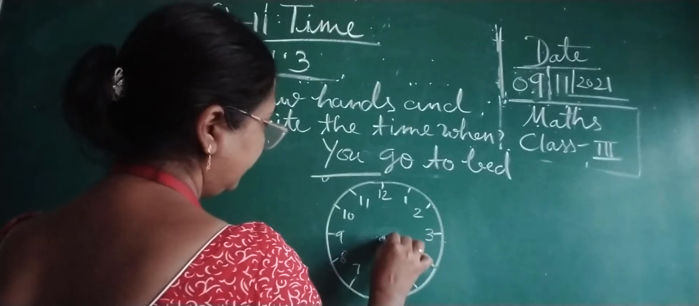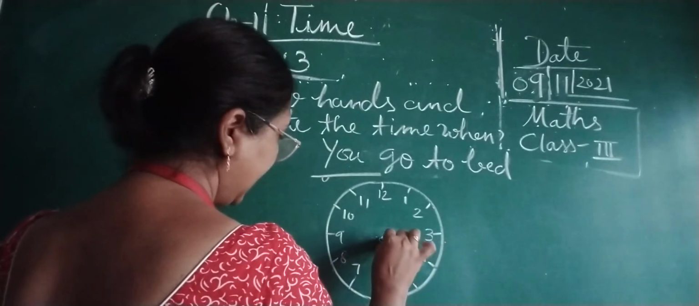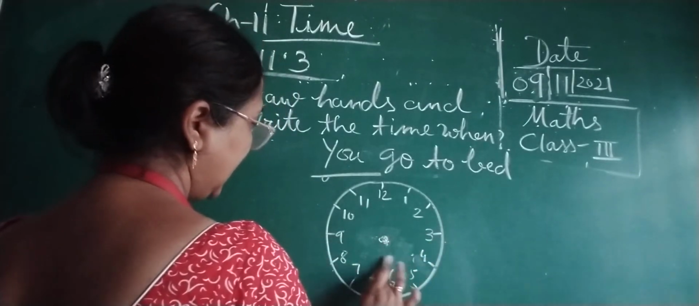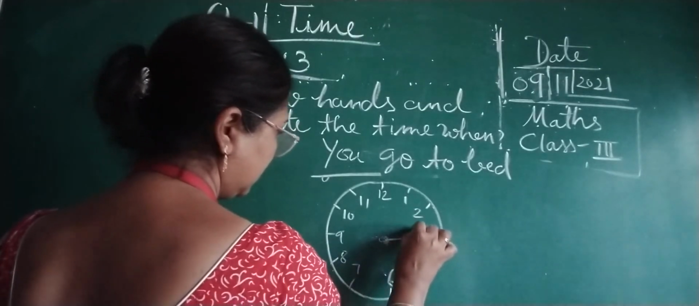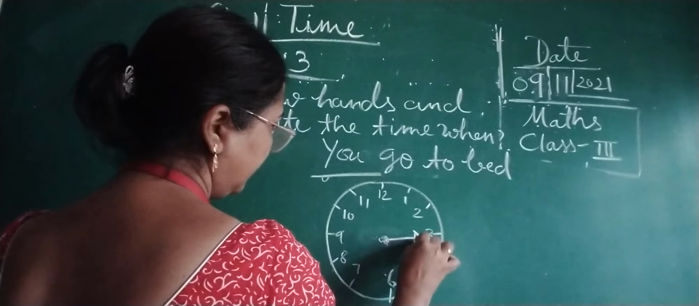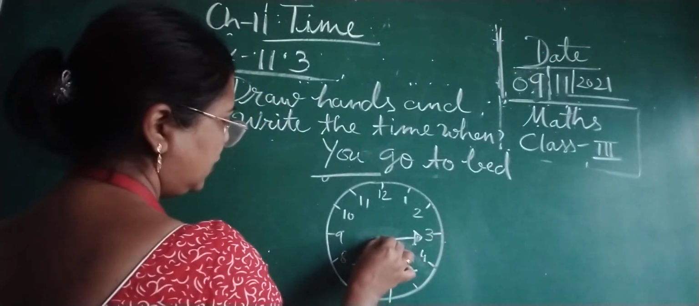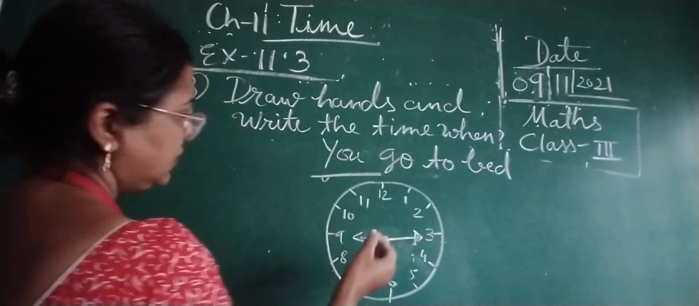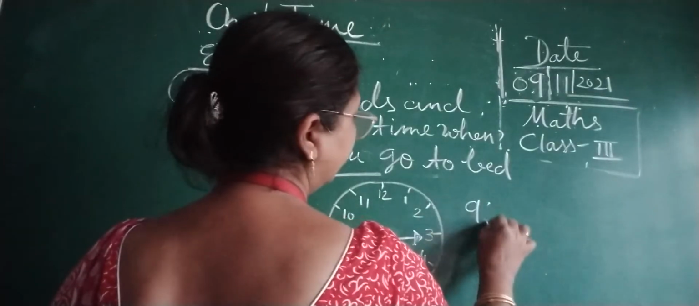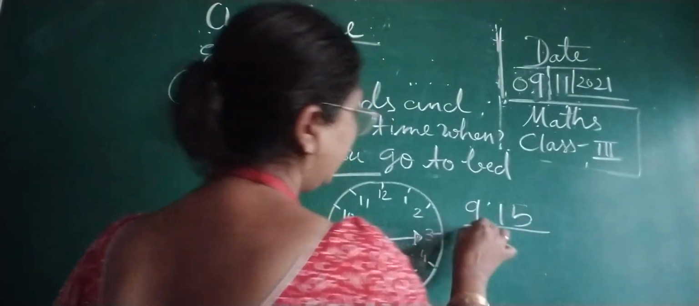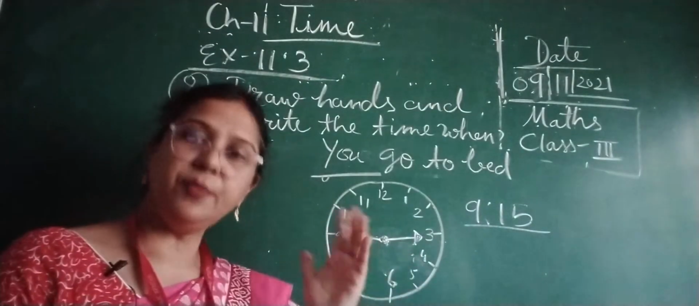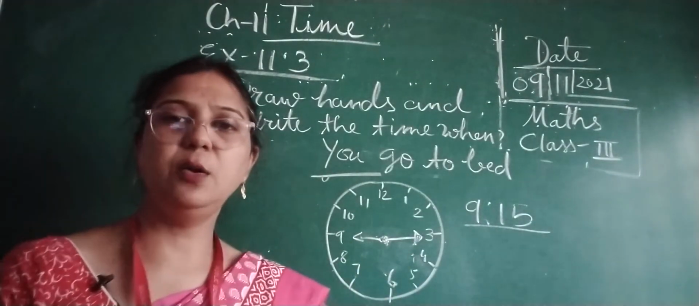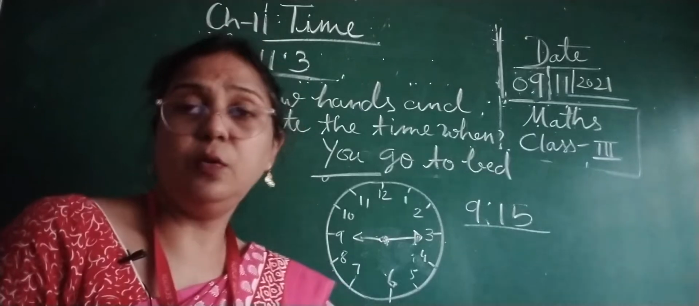I think you must go to bed at 9 or 9:15. So I am going to draw the bigger hand at 3 and the shorter hand at 9. So this is 9:15. At 8 p.m., if you are taking your dinner, then after 1 hour, after watching your cartoon or everything you want to,